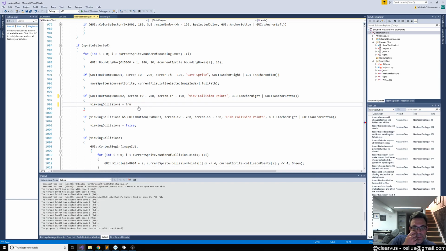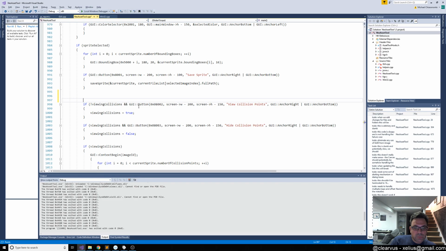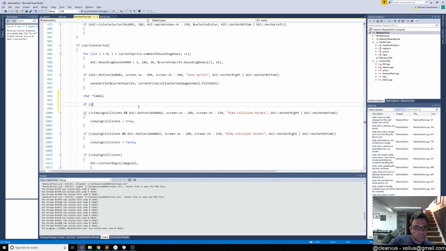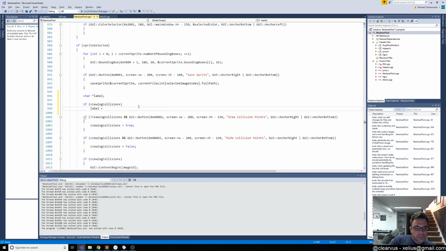Because I changed the label based on if it was viewing collision points or hide collision points. So let's just